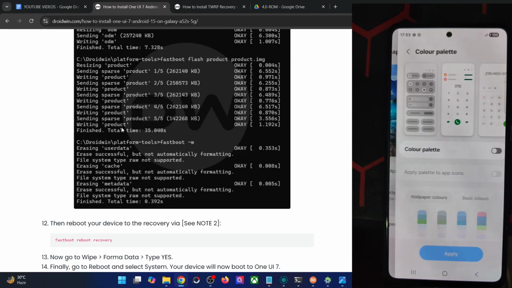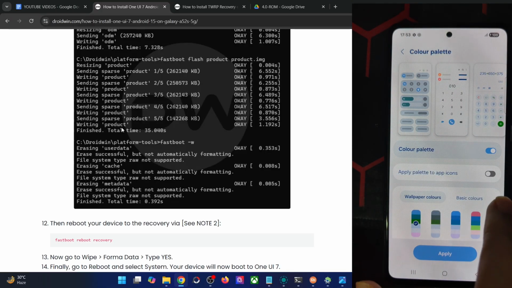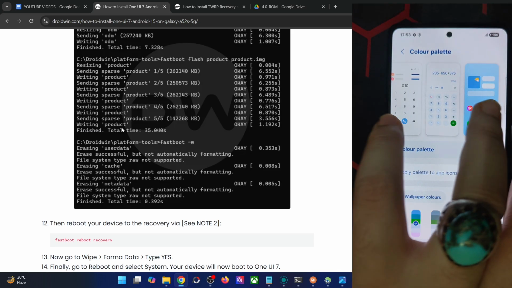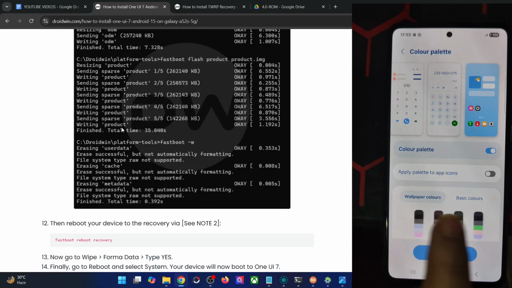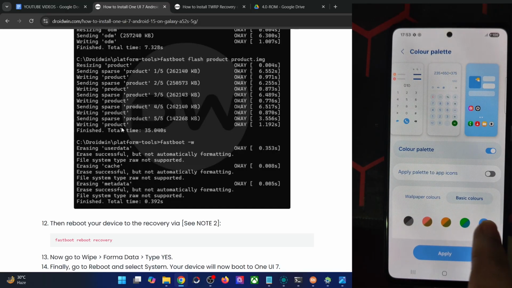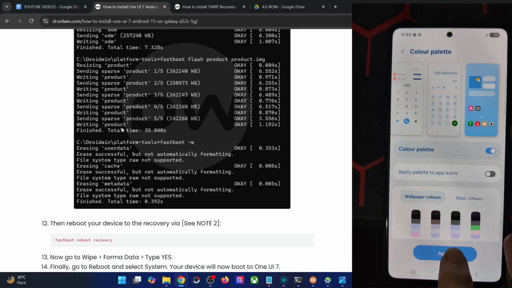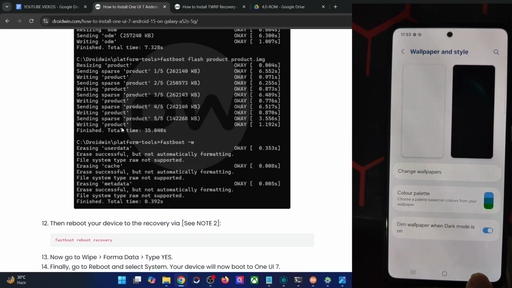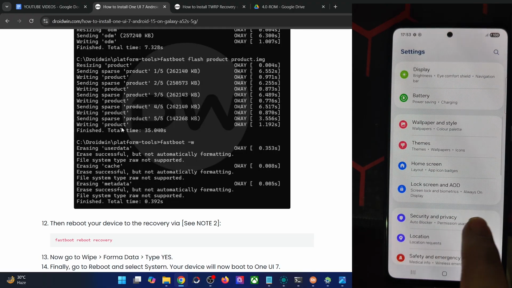And apart from that, the color palette, you may change the theming from here. It's based on the Material UI theming engine. The dominant color of the wallpaper will be applied across the entire UI and UX of the OS. You may also choose a color from here as well. Let's choose this blue color. It looks quite nice over this OS, and the theming has been changed.